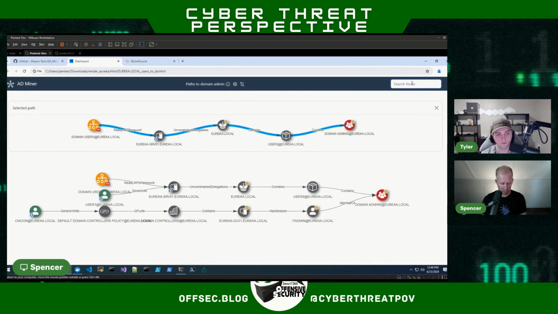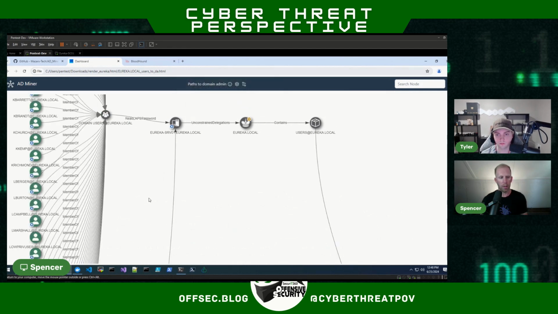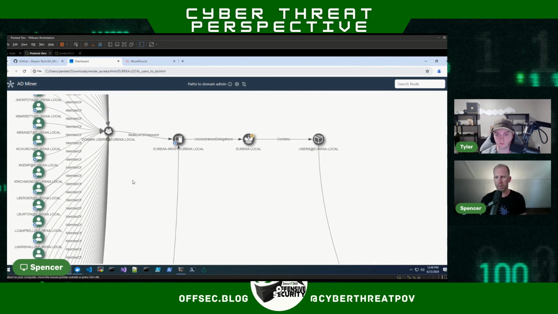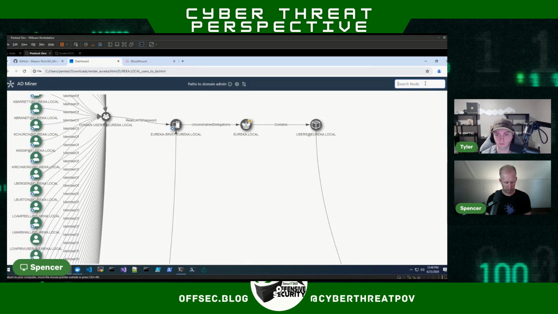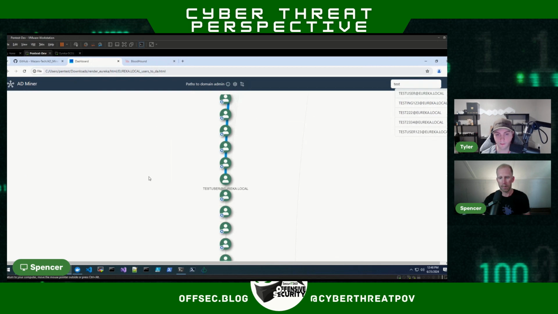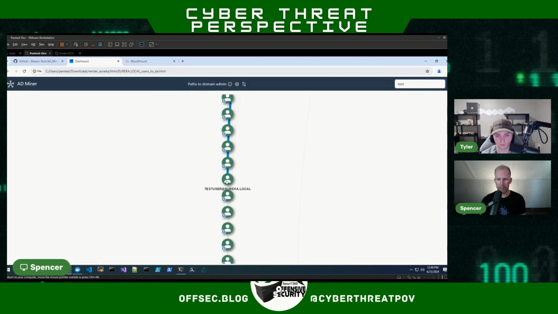The other nice thing is you can search in here. There's not a lot of information in here, but if I get rid of this and expand this, if I open the cluster, we can see all of these members here. This is Domain Users, these are all my users. Let's say I want to search for a user. I can search in this box in the top right-hand side for the username, click on the username, and it highlights the user right here. Boom, and I can hone in directly on that user.